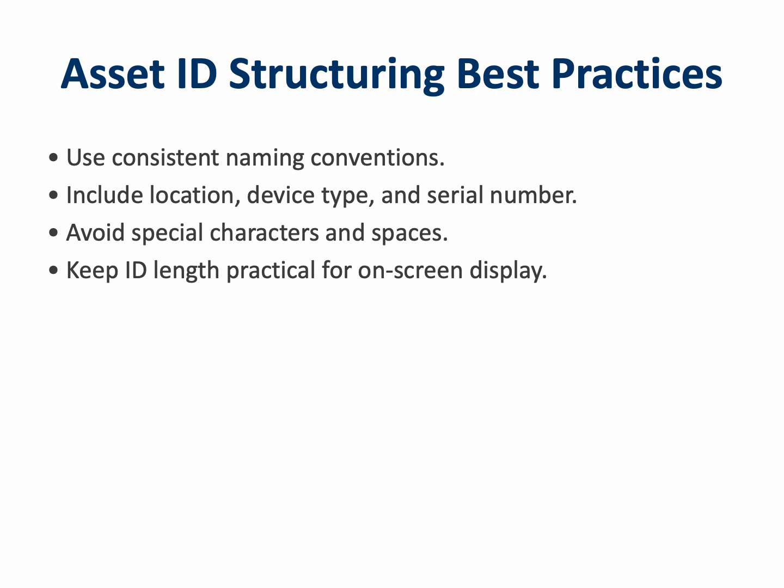Asset IDs form the backbone of equipment tracking. Each Rigel 288 Plus record links to an asset ID, so a structured format saves hours during maintenance cycles. A best practice approach is to use a combination of letters and numbers that reflect equipment type, location, and unique serial number. For example,